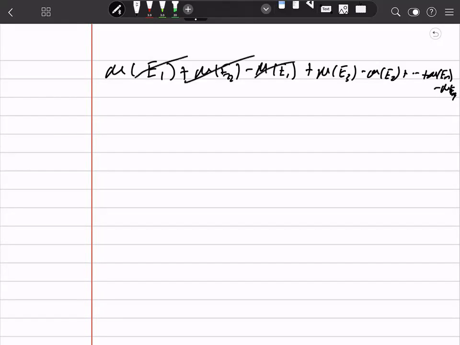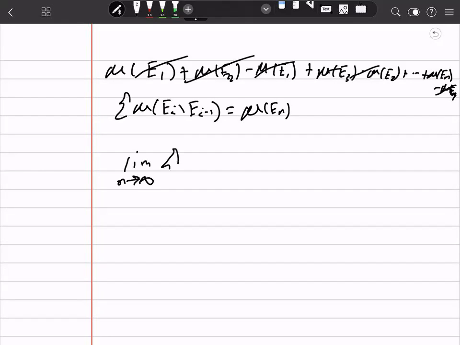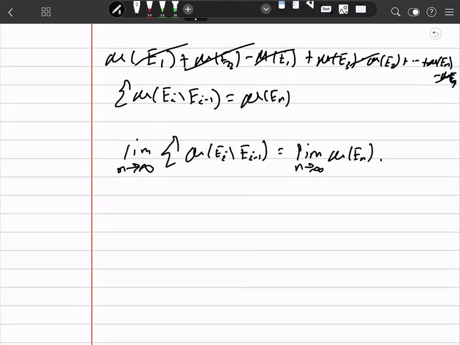All of these terms will cancel out except mu of E sub n. So we get that the sum of mu of E sub I set minus E sub I minus 1 is actually just equal to mu of E sub n. So in the limit, we took the limit as n goes to infinity of the sum of mu of E sub I set minus E sub I minus 1. That's just going to be the limit as n goes to infinity of mu of E sub n, which is exactly what we wanted. Now, the last piece of the puzzle is